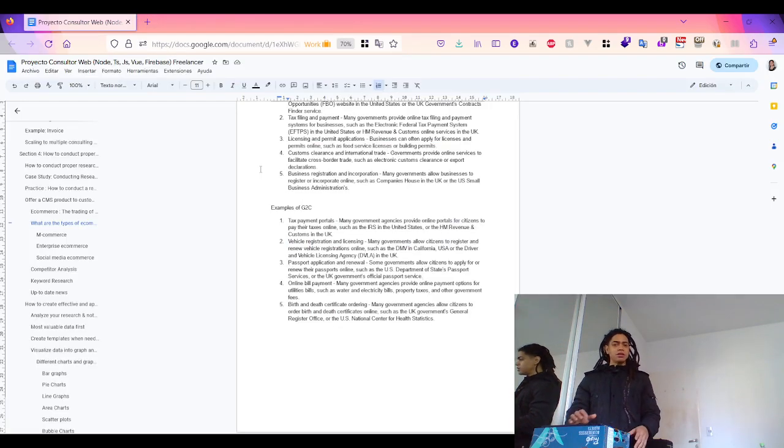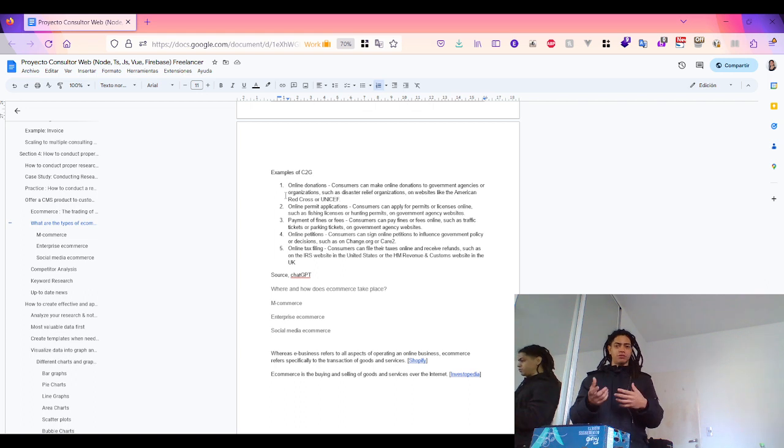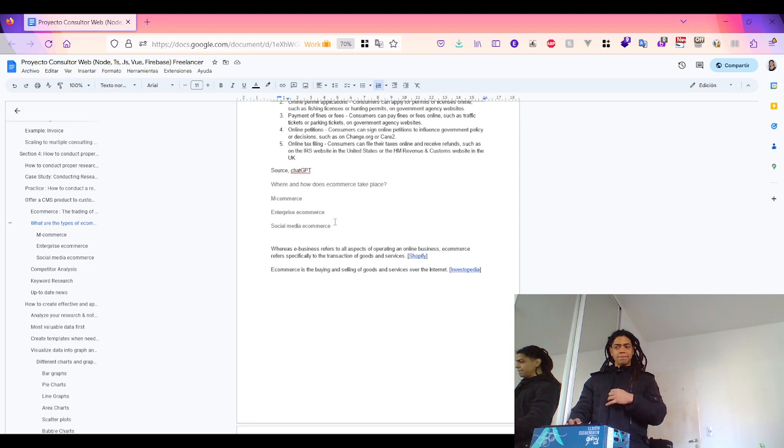So yeah, okay. And also I look at the consumers to government. So, for example, online petitions, online donations, license permits. So, for example, fishing license or hunting permits, payment fines and fees. And with that, okay, then also look at the place that e-commerce takes. Where and how does the e-commerce take place? Well, the mobile commerce, the social media, or enterprise. Okay,